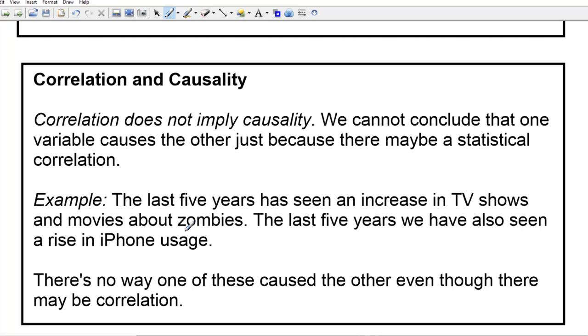How about an example of ice cream sales being correlated with homicides in New York? As the sales of ice cream rise and fall, so do the number of homicides. Does that mean that the consumption of ice cream causes the death of people? No, two things being correlated doesn't mean one causes the other. Correlation does not imply causality. However, when they start selling ice cream, people are outside, the weather is nice, and the homicide rate goes up. So it's more of a correlation based on the weather. And in the winter, you've seen that crime rates actually go down.